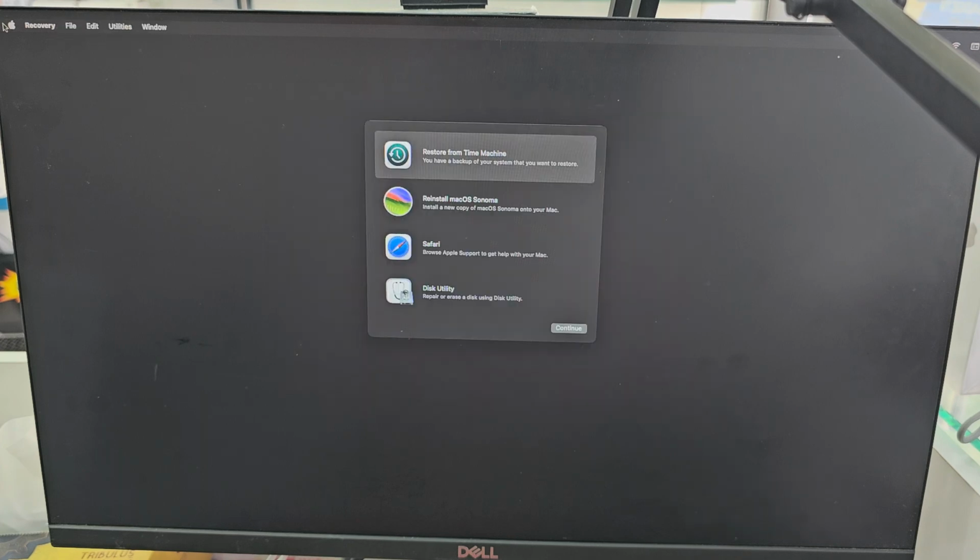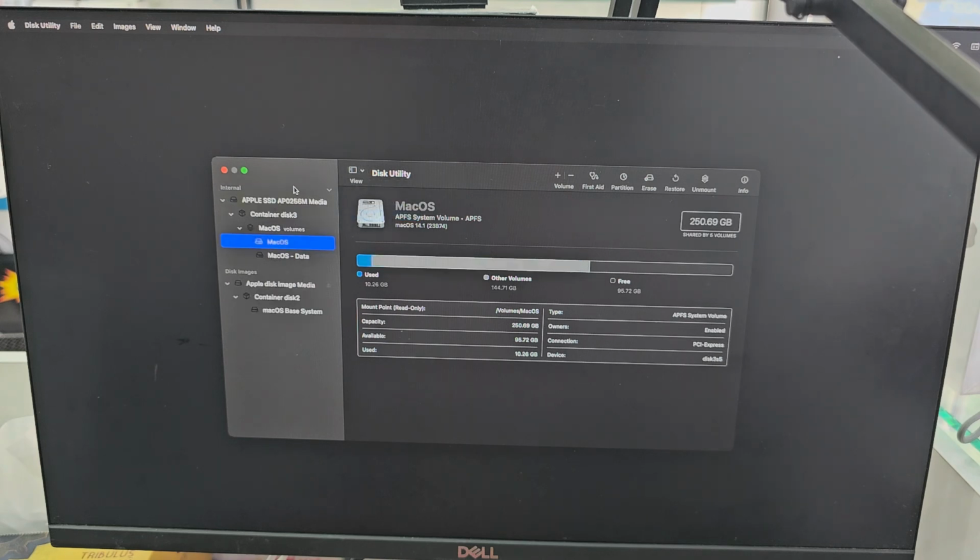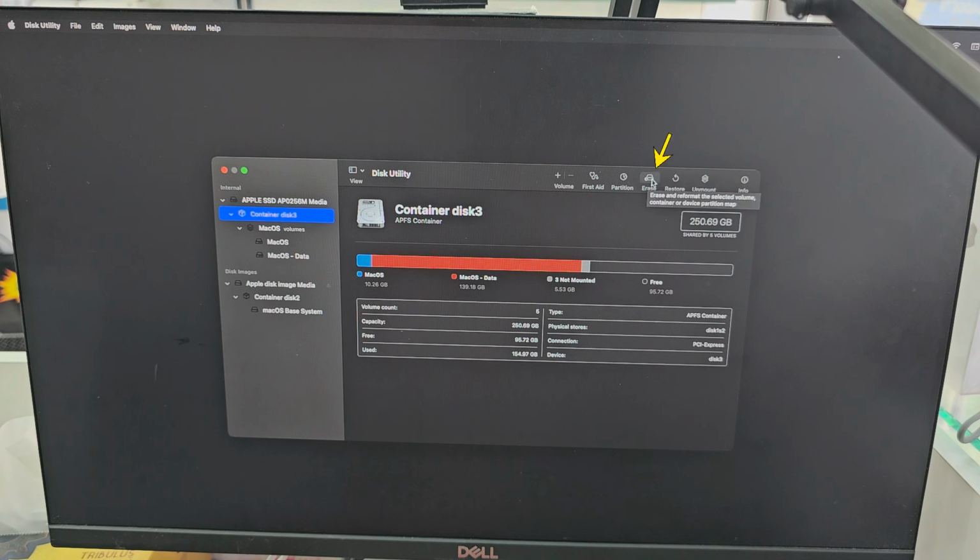You see here, this is recovery assistant. We're gonna go to Disk Utility. Okay, double click on it. We need to erase the macOS. You see this option here, click here and make it show all devices. Okay, so this is the Apple SSD, and what we need to delete is this container disk. So for that, first select this one and come here to the erase section, click here,